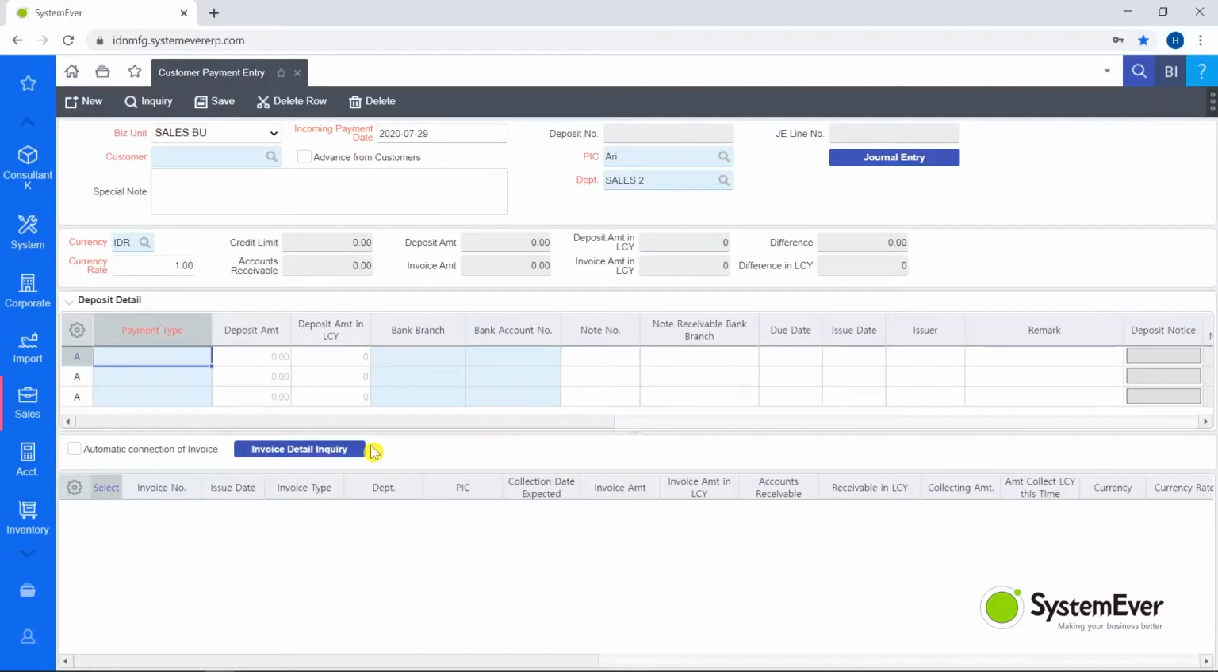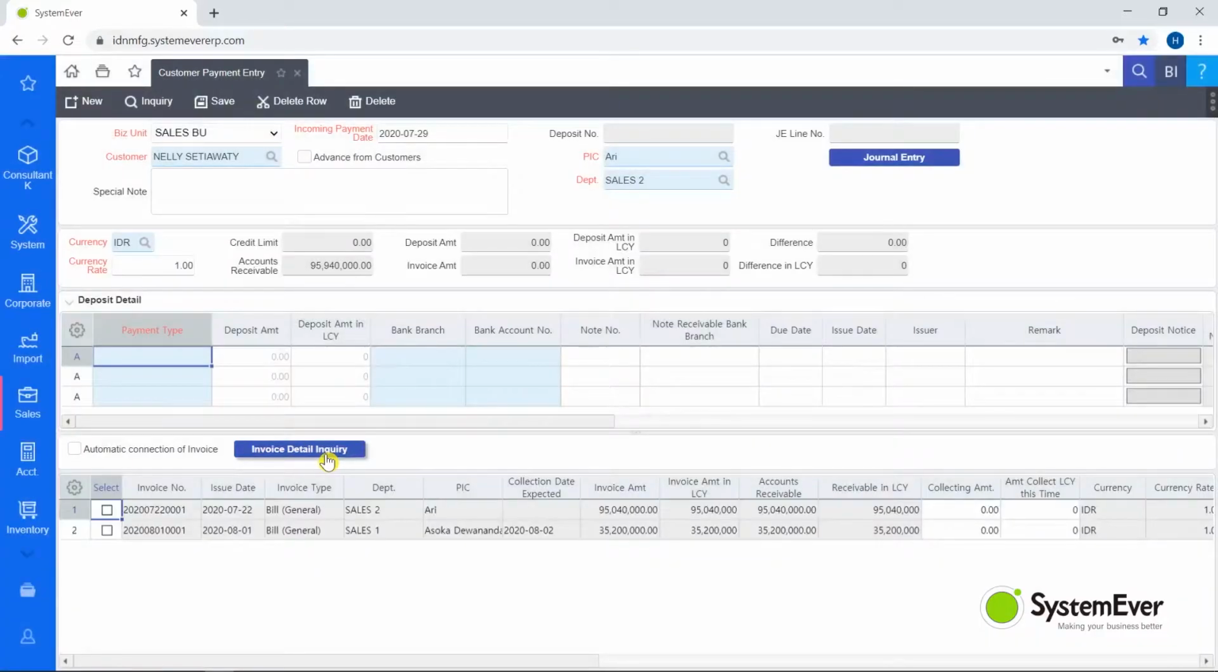We can process the customer payment entry after invoice created. This scenario I'm going to process is using Note for entry the payment. And these are the steps. Please take a look. Go to customer payment entry, enter the customer name, click invoice detail inquiry to look at the detail of invoice. Select invoice number,